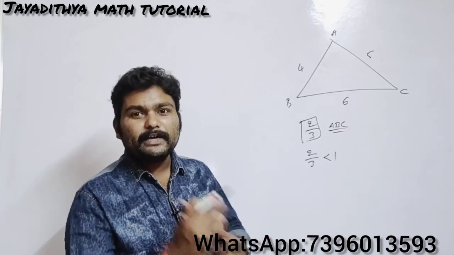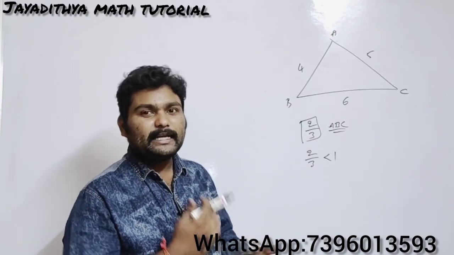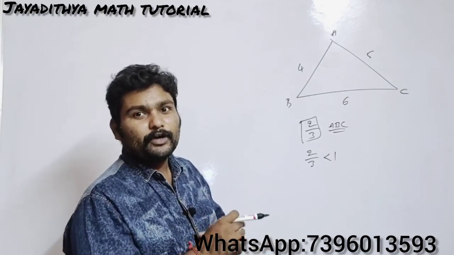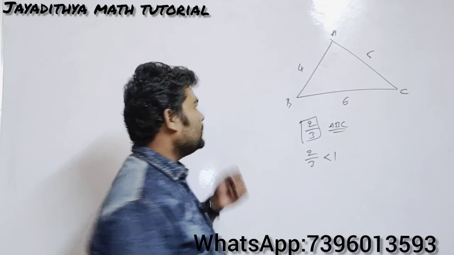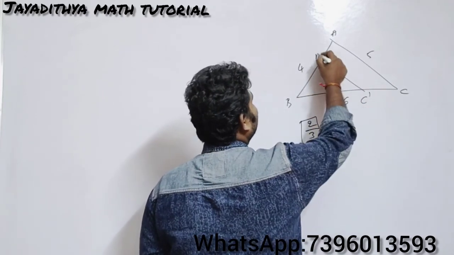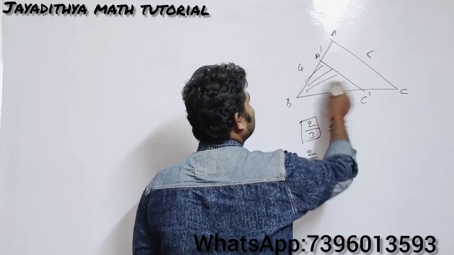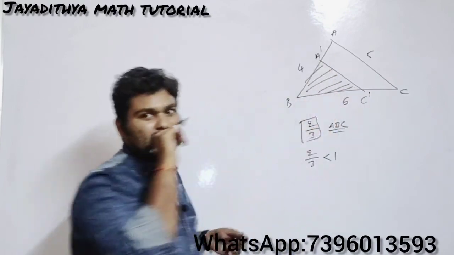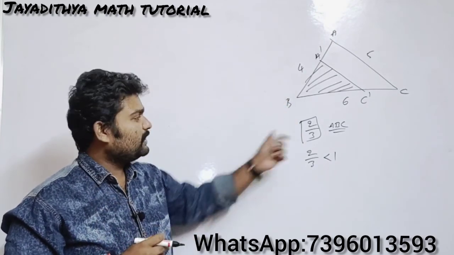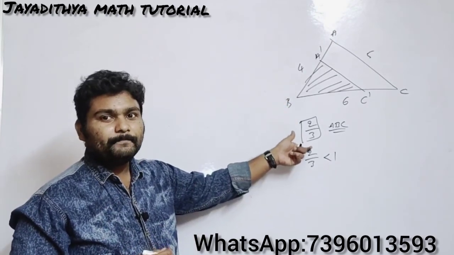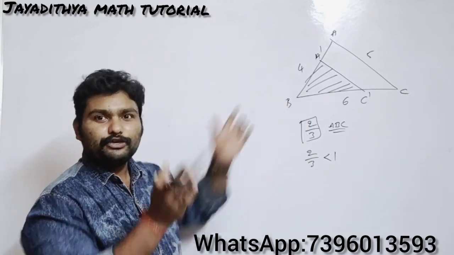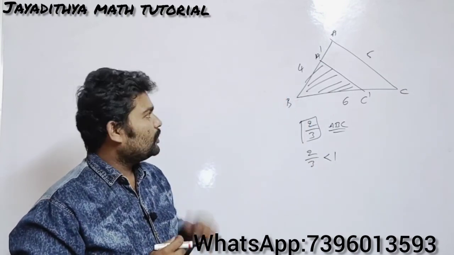So do you get a smaller figure or a bigger figure? You will definitely get a smaller figure. If you get a smaller figure, you need not extend the sides. You will be getting the figure in this manner. So you will mark this one as C' and this will be A'. So your similar figure will be A' B C'. Here there is no need for us to extend the sides. Whenever the fraction is an improper fraction, the value will be greater than 1, so you get an enlarged figure. If you want to draw an enlarged figure, then you need to extend, but here there is no need.